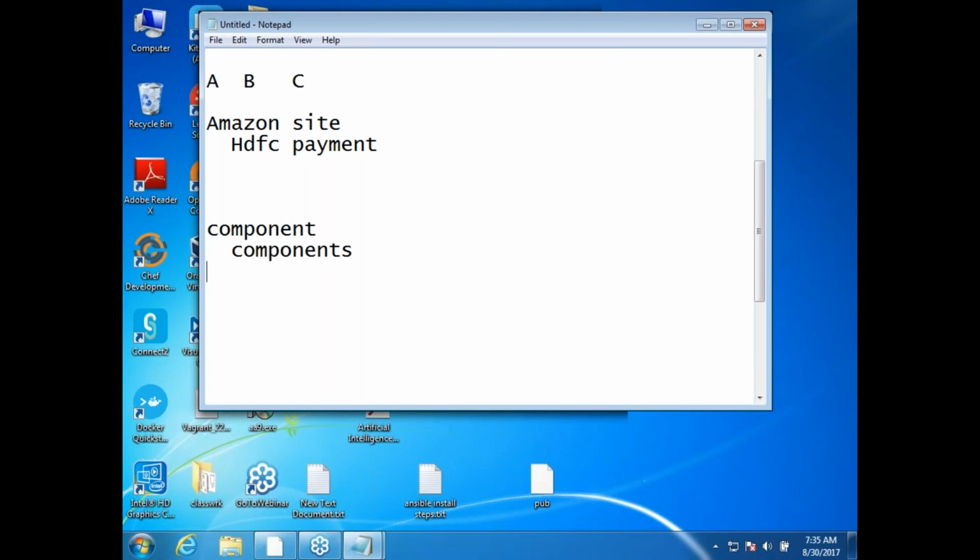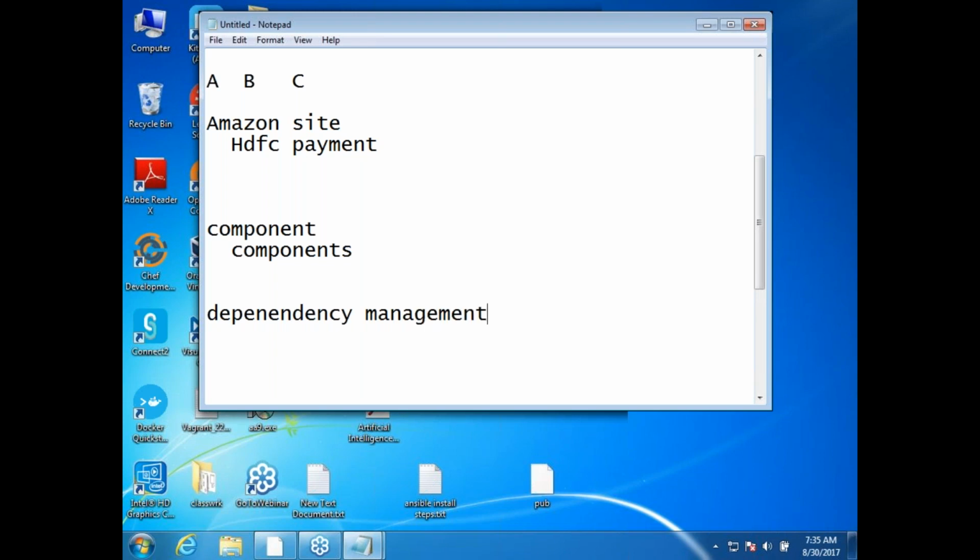Maven was basically for building. All of this is fine, but who would download these components? Initially it was developers who used to develop the components, and they used to put them in something called the class path. Those days are gone now. So Maven also gives you dependency management.